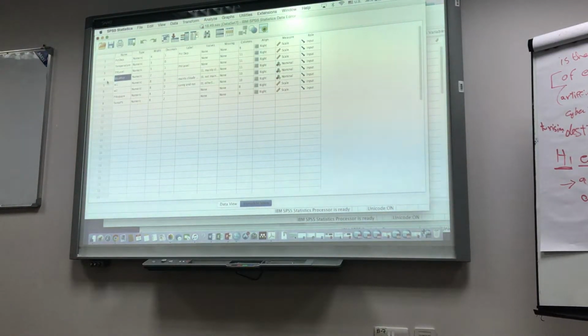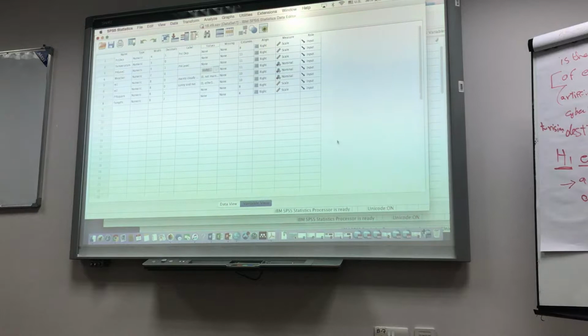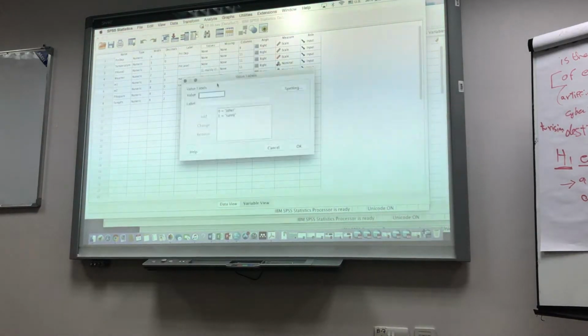You added only week 1 and week 2, or what? Week 1, because there are only 3 categories. Remember, it's n minus 1 categories for the dummy variables. If there are 3 categories, we only need 2 dummy variables. If there are 4 categories, we only need 3 dummy variables, because the last one is already included in the others. Remember in the matrix? So you do the same for week 1 and week 2? Yes, but you have to be careful of the values here. The values should be different correspondingly.